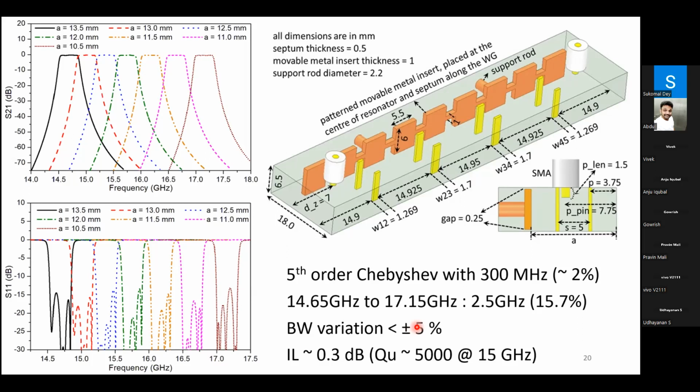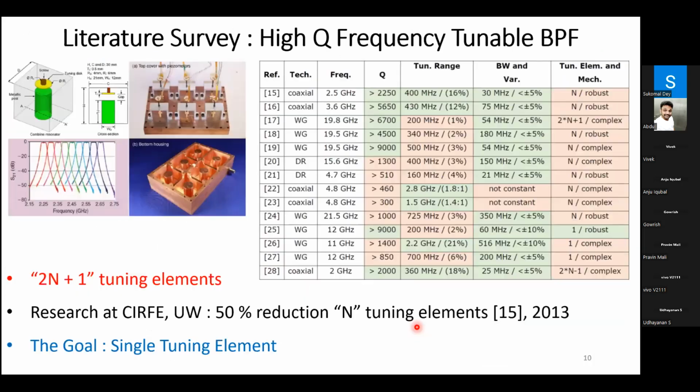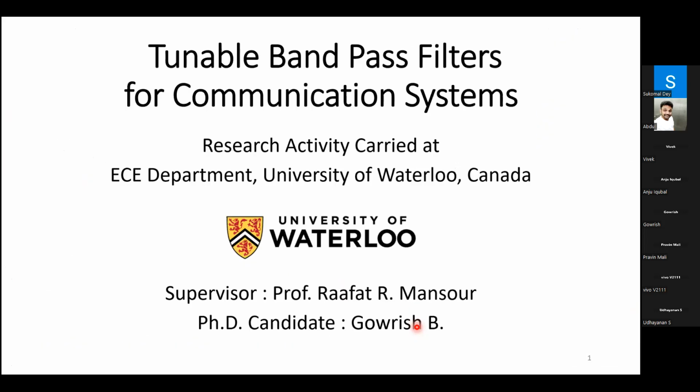But I can give you a reference where you can find details. There's a very wonderful book by Professor Raafat Mansour. You can note down this name, and if you Google it, you will be able to get the textbook. The textbook name is Bandpass Filters for Communication Systems. Tunable is not there, just bandpass filters for communication systems. There, chapter number 14 gives you a clear idea of how to calculate the coupling coefficient for a bandpass filter. Please refer to that particular reference book, and it gives you a step-by-step idea of how to design the filters.